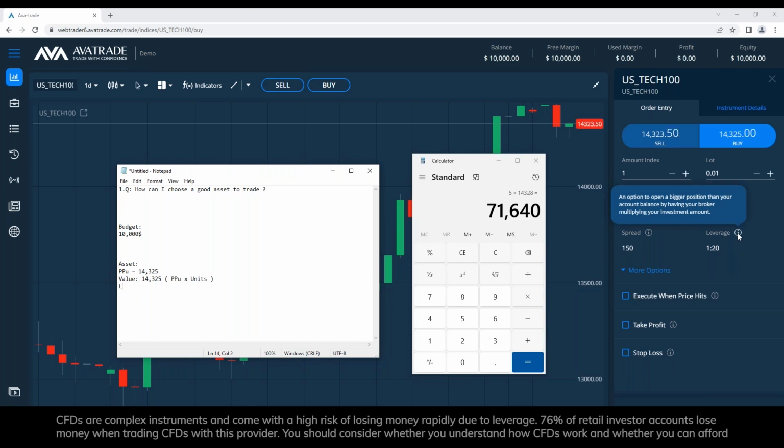Leverage allows you, let me put it down, the leverage here is 1 to 20, and what it does is it lets you buy or sell more with the same balance, right? Let you buy or sell more units even, I could say that. Lets you buy or sell more units with the same balance. Okay, so that means that my balance, my 10,000 will behave as if I had,